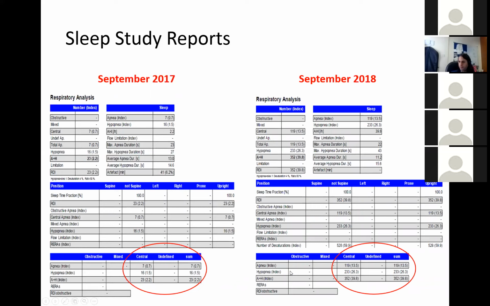20-fold increase. The worry with this is that she's got a Chiari Malformation, so has something happened to her that's putting more pressure on the brainstem? She was referred back to Great Ormond Street, had an MRI, and it was found that she had worsening of her Chiari Malformation, and she had to undergo emergency shunt surgery. So this is quite an important pickup that we did, and it shows that sleep studies are not just for children with OSA, but can be very important to pick up other conditions.